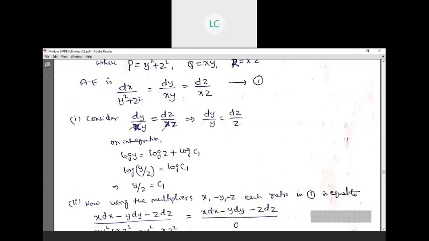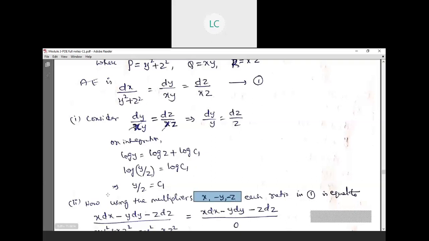Next we have xy and xz. Suppose if I multiply here x only, this becomes x square plus xz square. If I multiply here y, xy square plus xy square, here also plus xz square. If I multiply z here, then all are positive, right? But we need one negative also. So xy square plus xz square, suppose this is also minus xy square minus xz square, we can eliminate all the things, right? So that's why I'm choosing the multipliers as x, minus y, minus z.